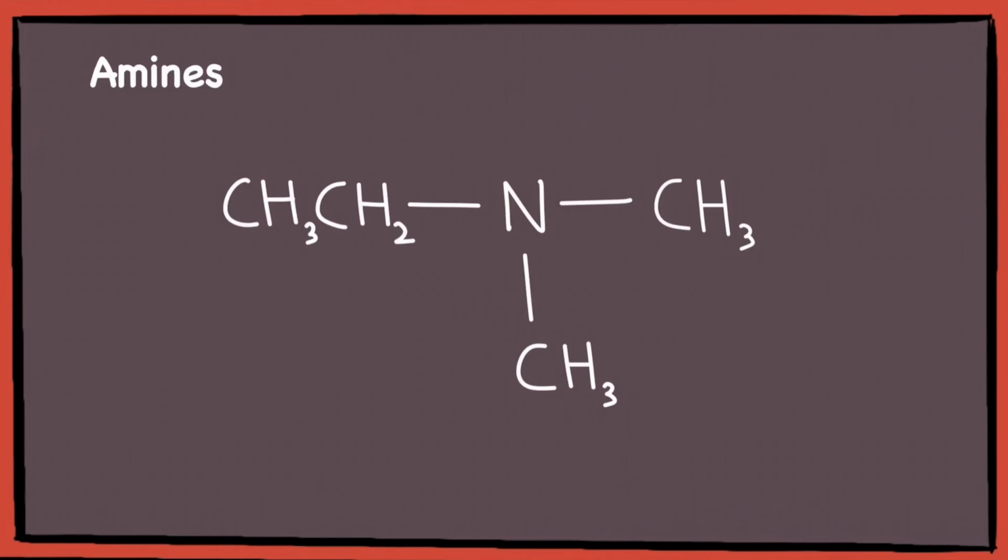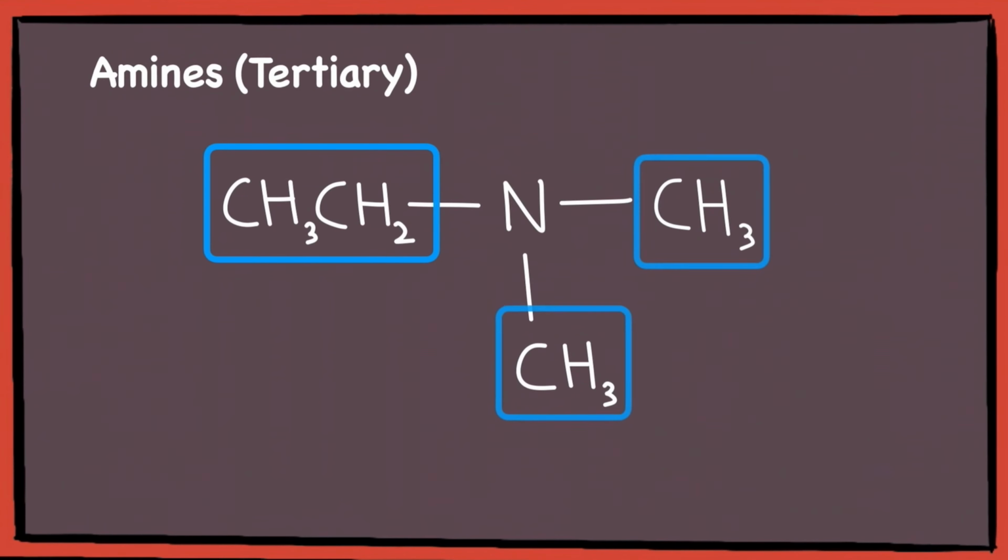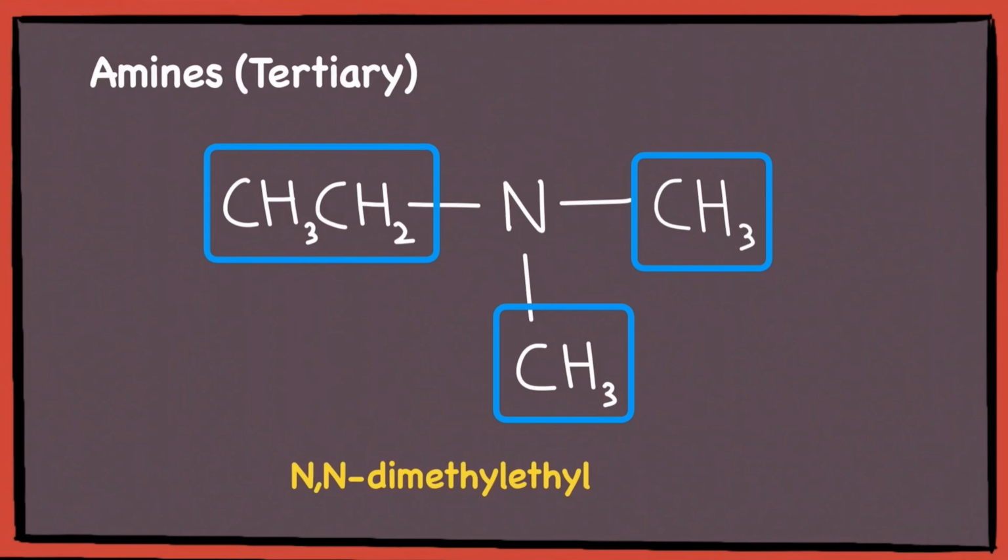Next, for this, there are 3 alkyl groups attached to the nitrogen atom, making it a tertiary amine. We have an ethyl group and 2 identical methyl groups attached to the nitrogen atom, so the prefix will be N,N-dimethylethyl. Hence, the full name will be